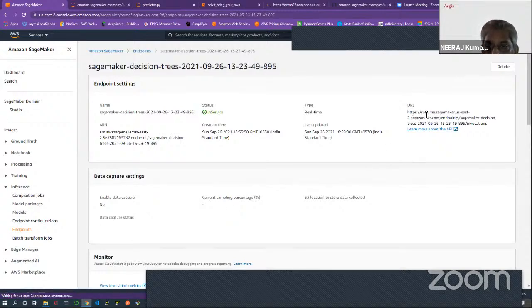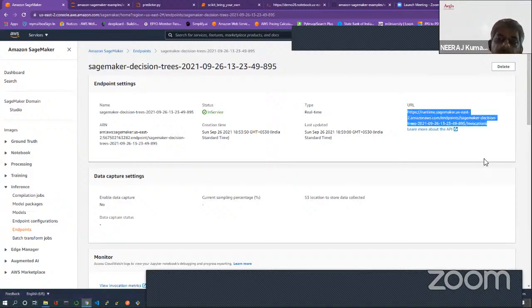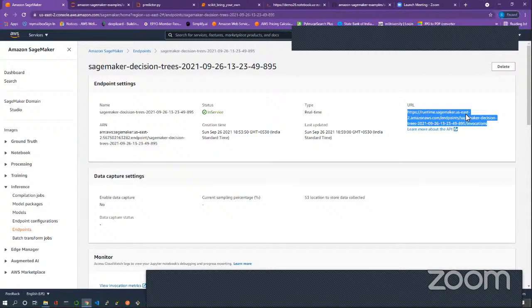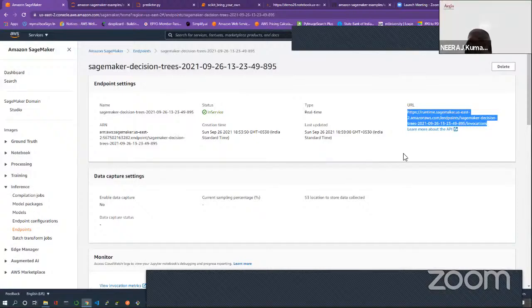See, this is the URL. This is the endpoint URL. Okay. And now you can copy this. You can use it in Postman for testing. You can use this URL in your mobile app, in your web application, in your desktop application, wherever you want. Okay. Getting my point? We'll have to integrate this to a front end. Yeah, in some front end you have to, right?